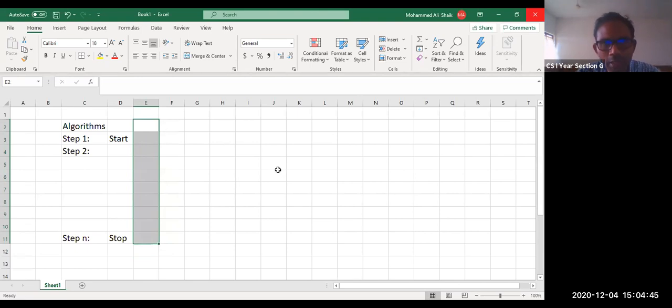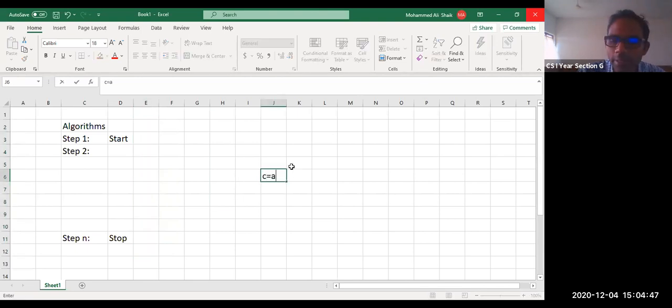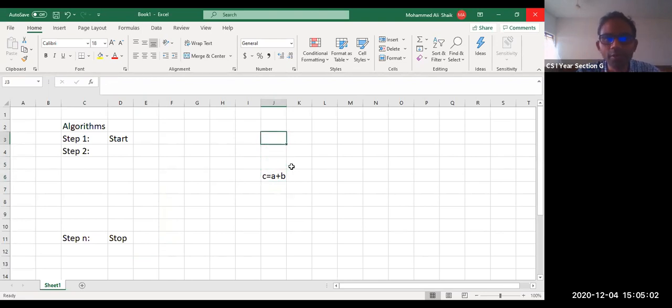Now what I want to do, I want to write C is equal to A plus B. This is what we want to calculate. We want to take two numbers, then add them, and display the C value. In order to do this C is equal to A plus B, I need to know what is the A value, what is the B value. So here you can say display, or you can write print, or you can write printf, whatever may be. So here we are going to write display.